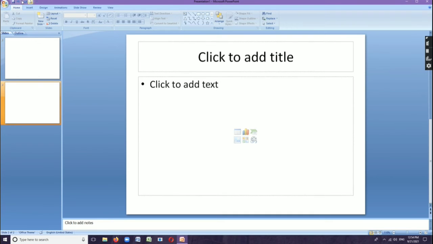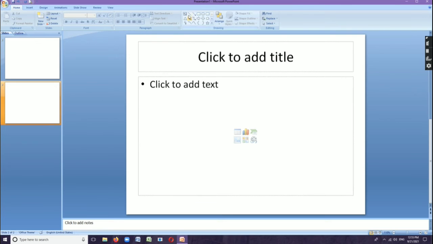Okay, and also it contains the quick access toolbar on the left. The quick access toolbar contains the icons for frequently used commands such as save, undo and redo. And on the right side of the title bar, we can see the minimize button, maximize button and also the close button. So this is our first part of the window called the title bar.